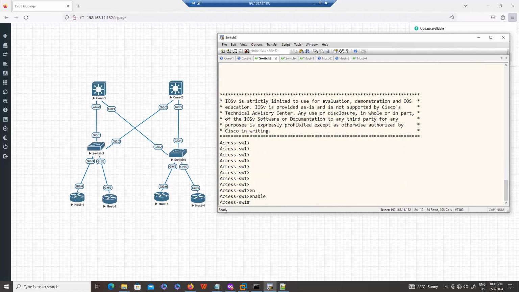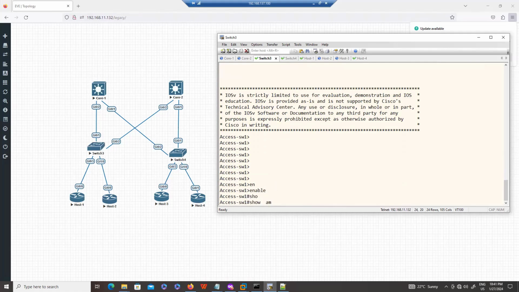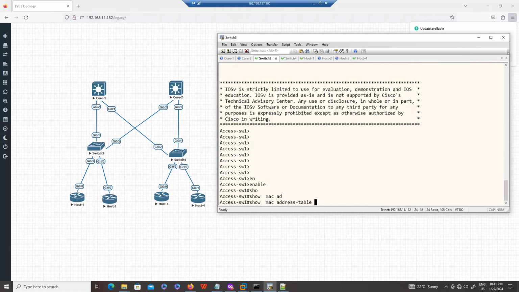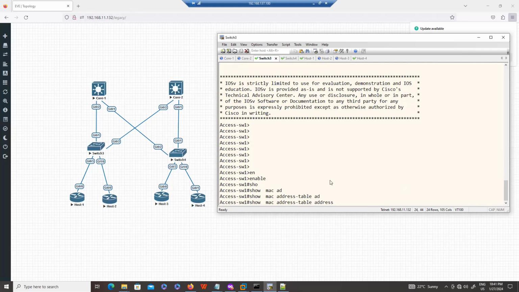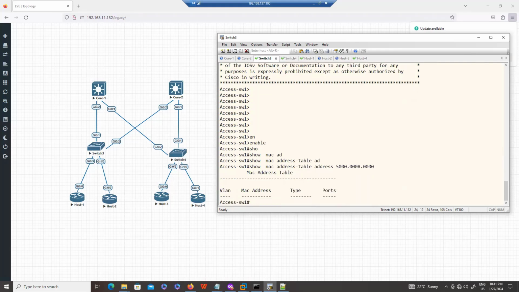And if we ask the switch, show MAC address, you can press enter here, but I want to show you, let's say you are only finding the path for one particular MAC address. So with address, you can define the destination MAC, and it will show you, guys, the leaving interface.